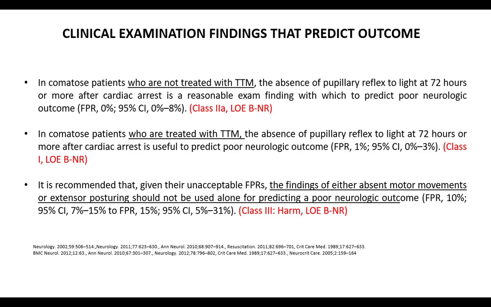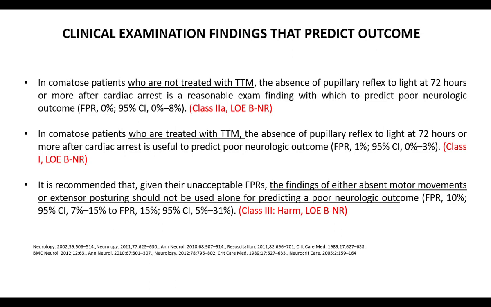What are the things we are going to see in clinical examination? In comatose patients who are not treated with targeted temperature management, absence of pupillary reflex for more than 72 hours is a strong indicator that the patient has become brain dead and carries a bad prognosis. And it carries a class of evidence 2A. In comatose patients who are treated with targeted temperature management and there is an absence of pupillary reflex after 72 hours, here again this is a clinical finding on the basis of which you can say the outcome is